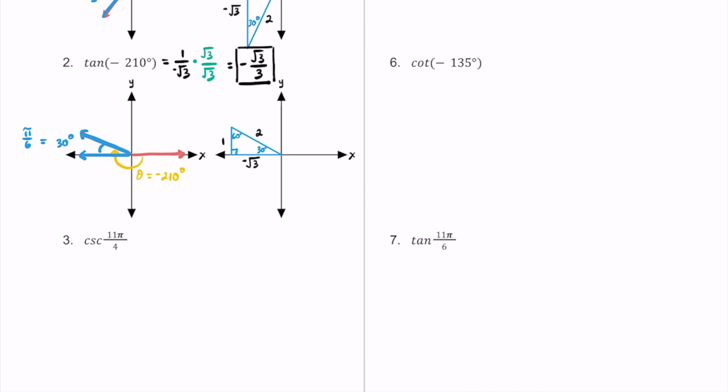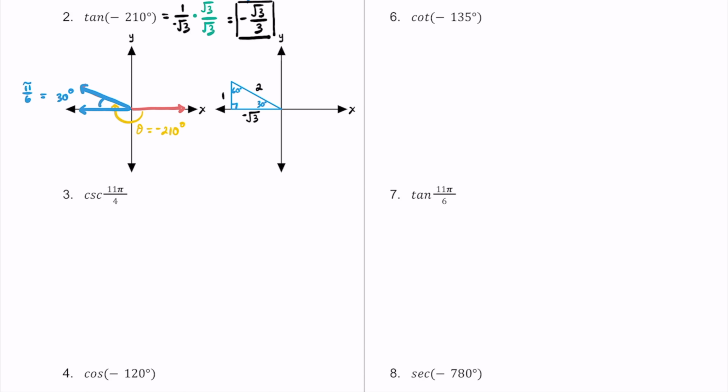Here's number 3. For number 3, we have cosecant of this 11 pi over 4. Let's start by putting this on a coordinate plane. So we have radians here. We're going to start from the positive x-axis. Here's 0 radians. And let's see which way we are going. We're going counterclockwise because it's positive. Now 8 pi over 4 is going to be a full circle. But we're going to 11 pi over 4, so we still need to go 3 over 4 pi, or 3/4,